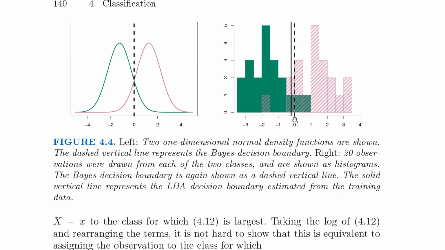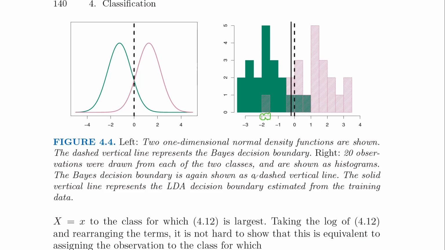The true decision boundary. What do we mean by decision boundary? That it's classifying anything to the left as green, and everything to the right as pink. It does get some of them wrong, right? So for example,